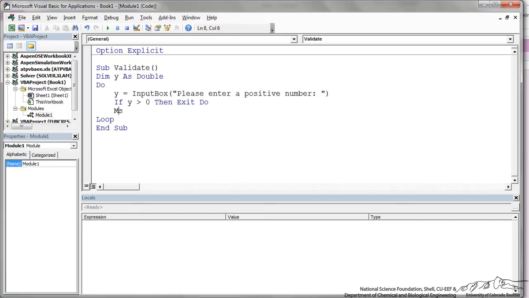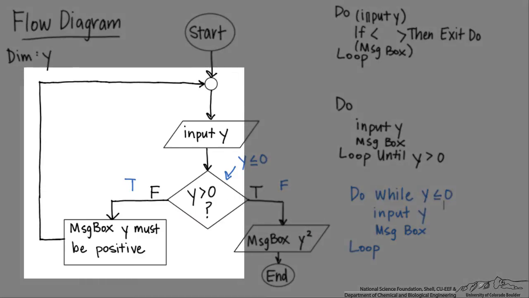If we don't exit, then we need a message box that says, please enter a positive number. And then we keep going. This whole thing is the loop. Once we get out of that, message box y squared.